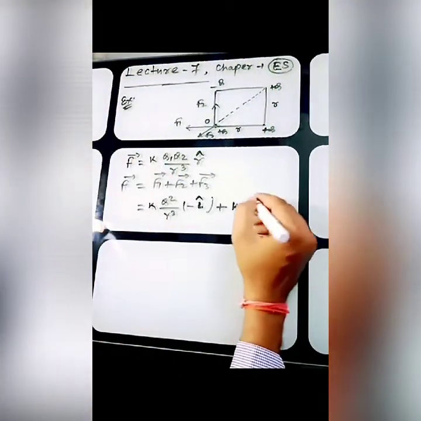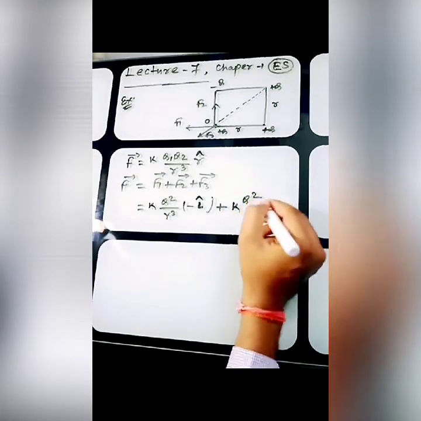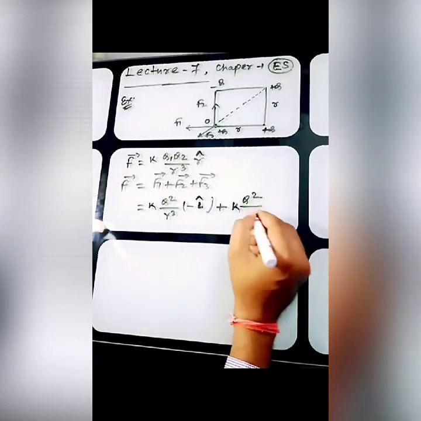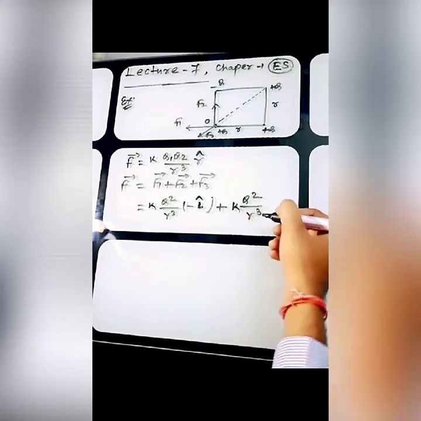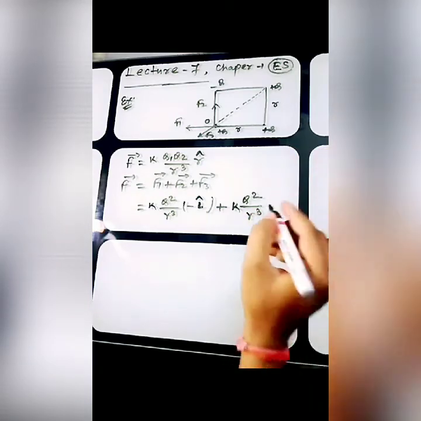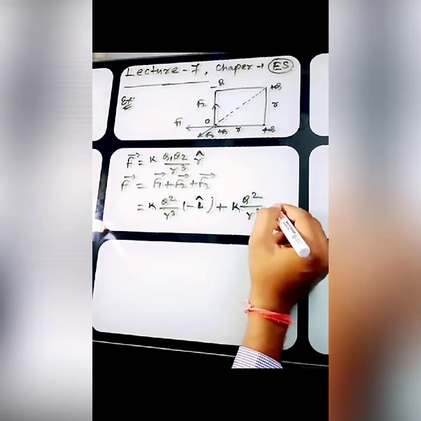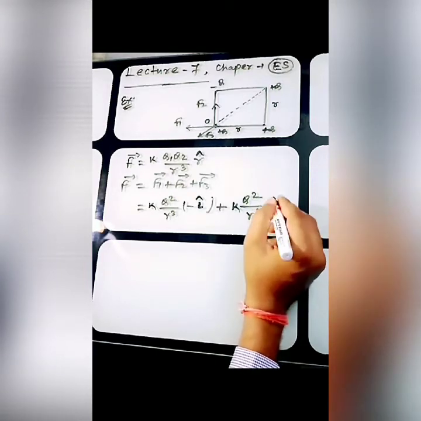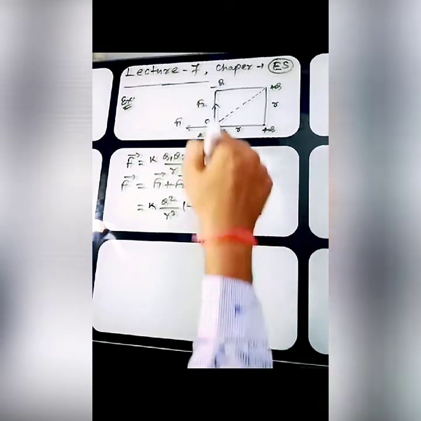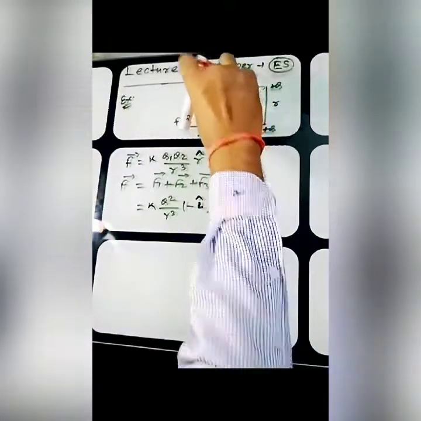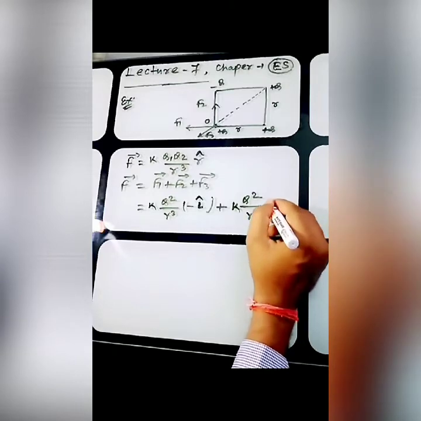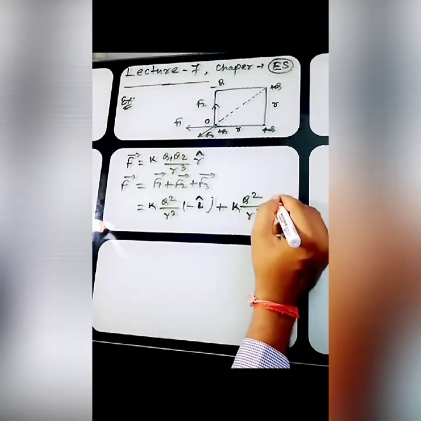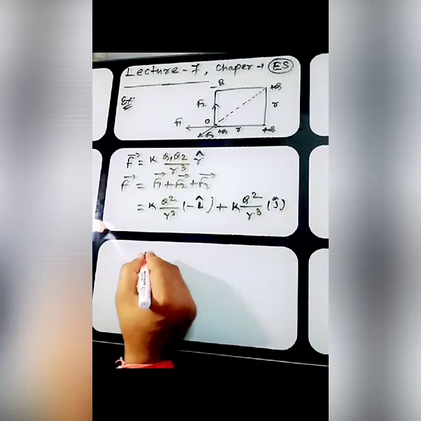This is capital K Q1 Q2 divided by R cube and the unit vector R, that is the direction. What will be the direction? J cap. Plus